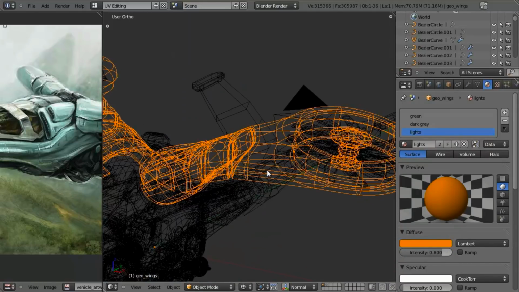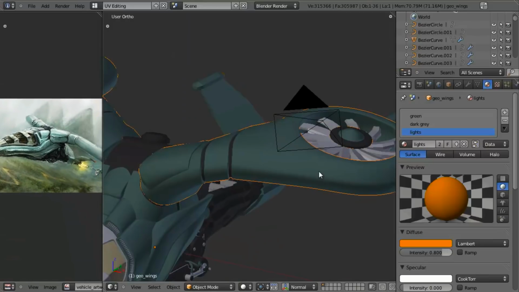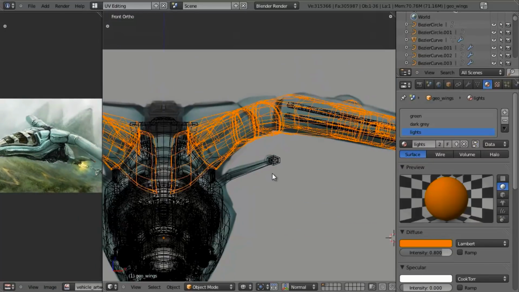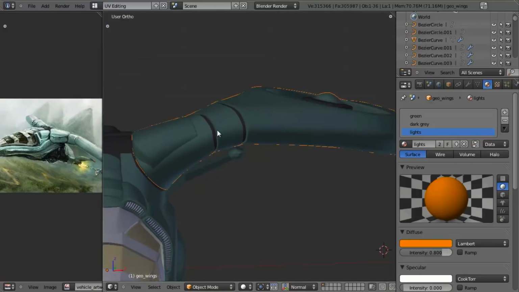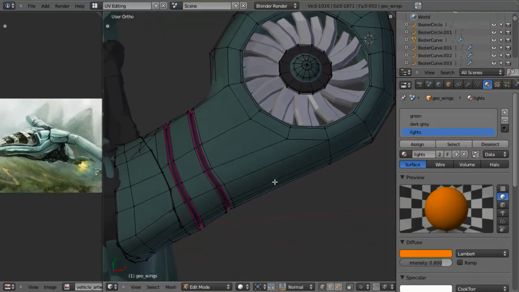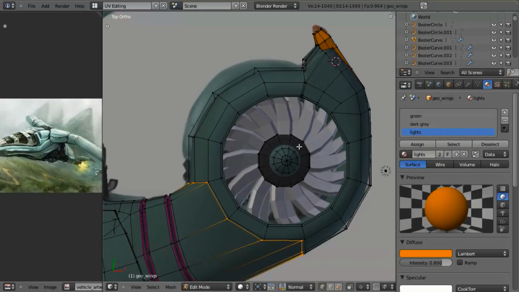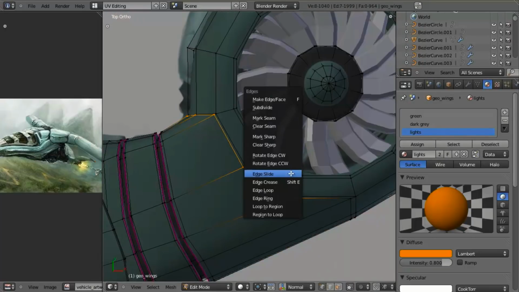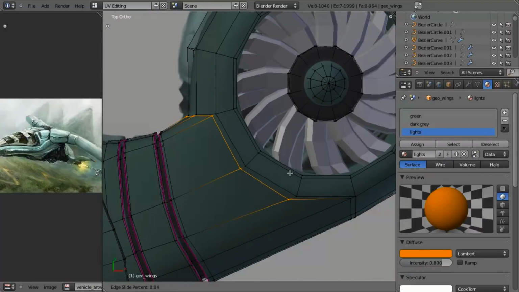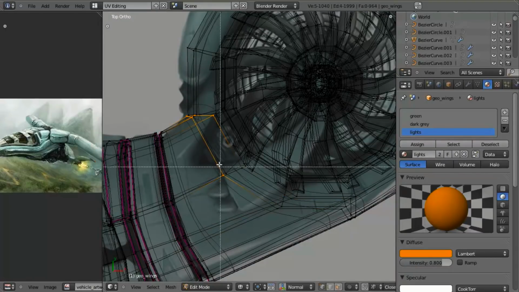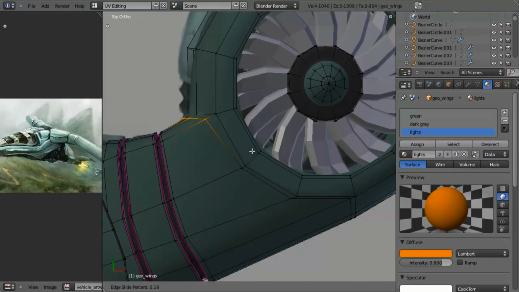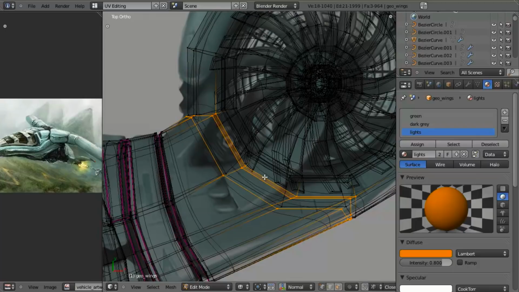And I think, oh, we've actually already got that added. I'm going to go and add in another edge loop right up to that. And just to make these a little bit more consistent, I'm going to go ahead and deselect these ones, then scale these back out a little bit. Deselect these and slide these back out. And then I'm going to select all of these loops,